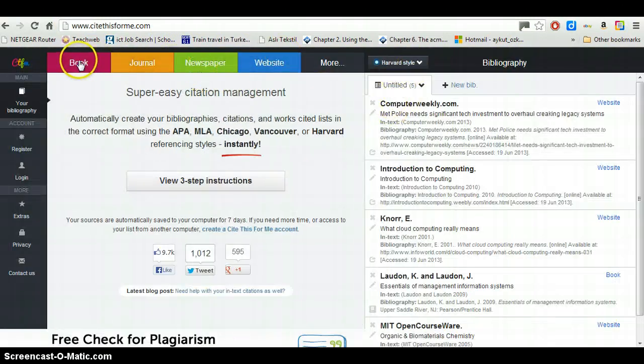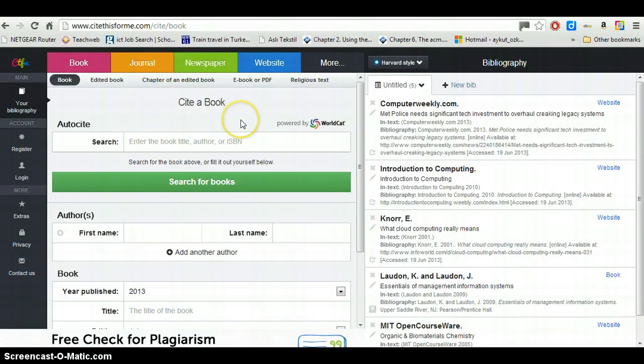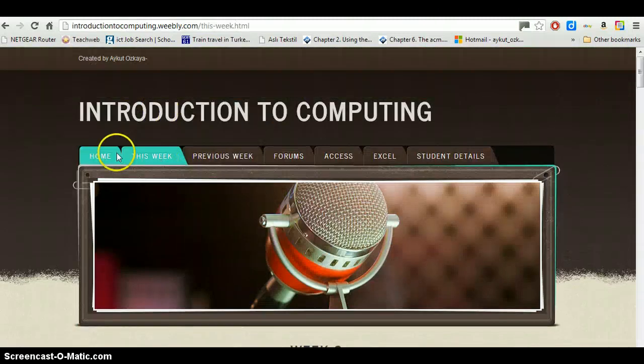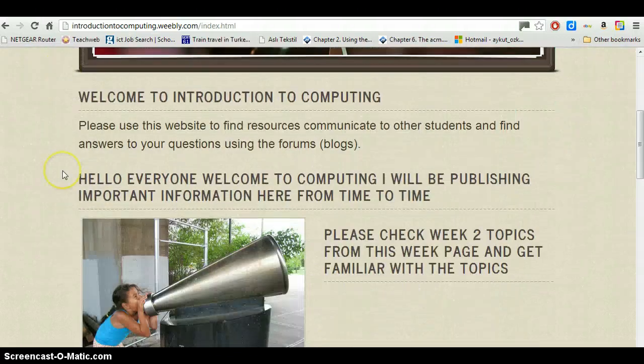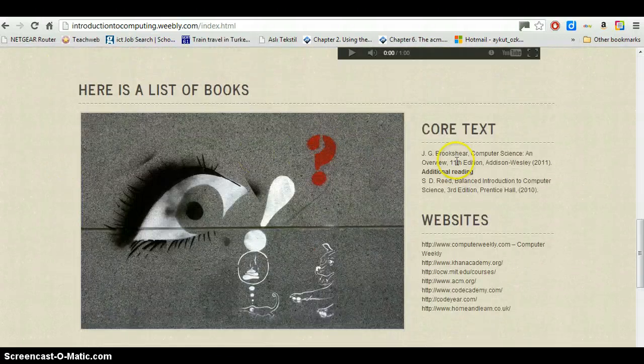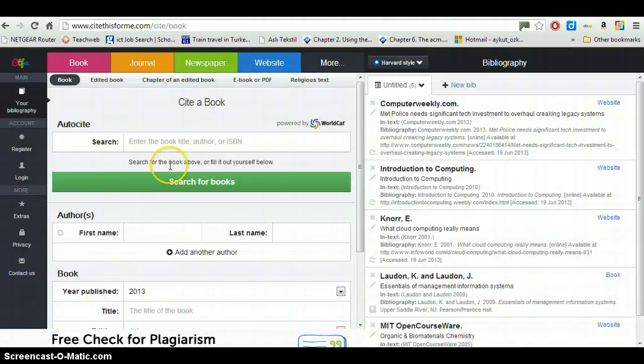Cite this can do books, so I'm going to click on book. One of your books, for example the recommended book for you for this course, is on the homepage. Okay, one of the recommended books, it was this one. It says Computer Science: An Overview, 11th edition. I don't need the 11th edition, just the name,